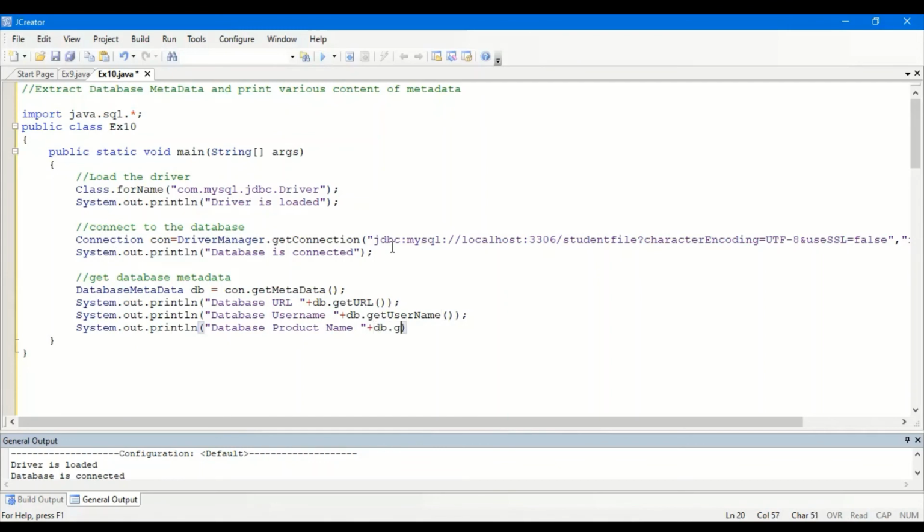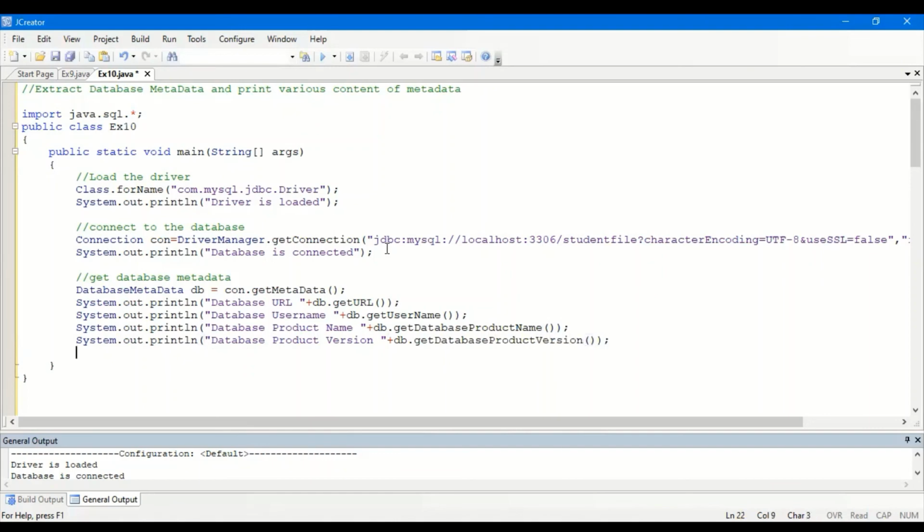So db.getDatabaseProductName, no space in between. Just remember there are some capital letters and some small case. Then we are going to extract the database product version. So db.getDatabaseProductVersion.